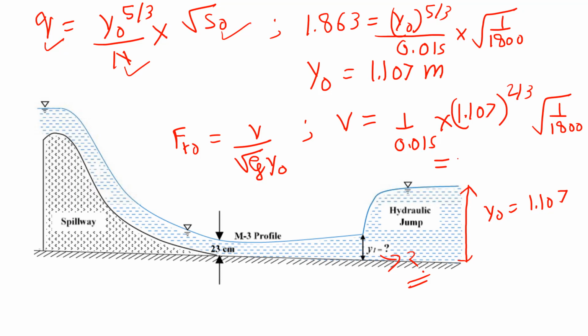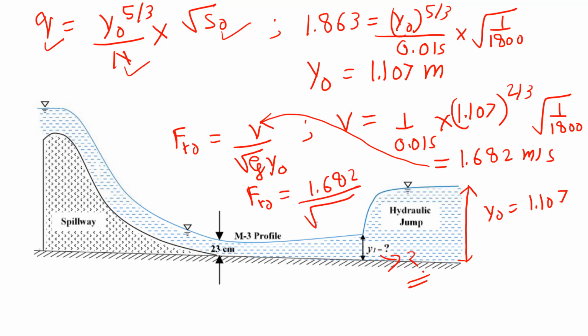If you solve this, it will come out to be 1.682 meter per second. Put this value in this equation, you get FR0 equals 1.682 divided by root of g, 9.81, times Y0, 1.107, which gives us FR0 as